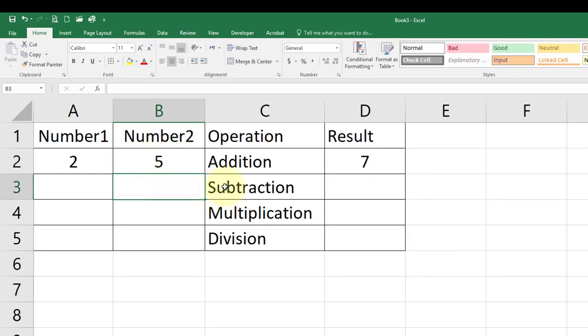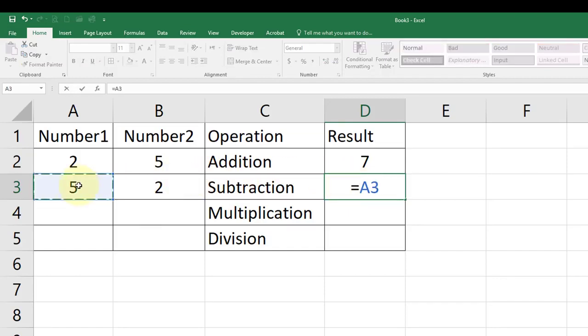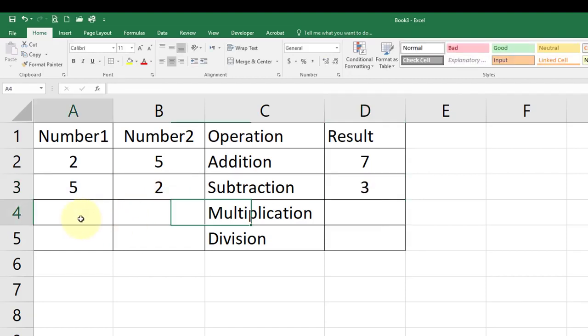Now we will do the second one, that is subtraction. Again we will follow the same steps. First we have the equal sign. Now you click the first number, then the operator, and then the second number, and then press enter. We will do it with the third one also.